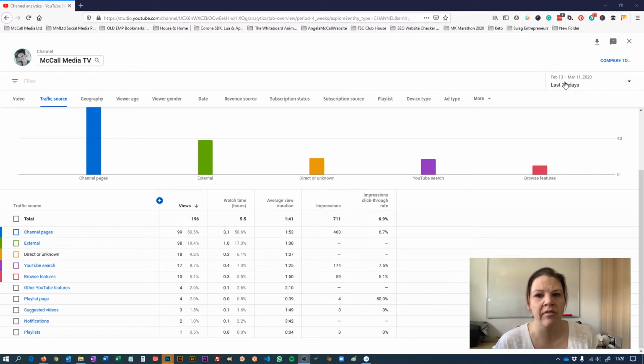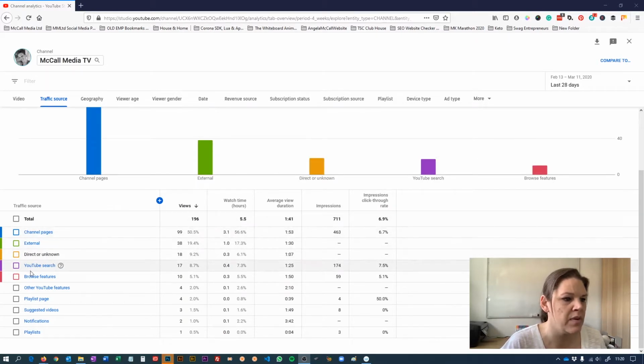Now I've only been up and running really for 2 weeks, but I just wanted to make sure that I've encompassed all the data that I needed to since I've sort of hit the ground running, as it were. So the colour charts here obviously coincide with the information down here. Now channel pages, that's me and the effort I am putting into pushing people to my channel pages, where they're then seeing my videos and then clicking through. So that is my pure direct effort, and I'm not really interested in that because that's something I'm always going to do.